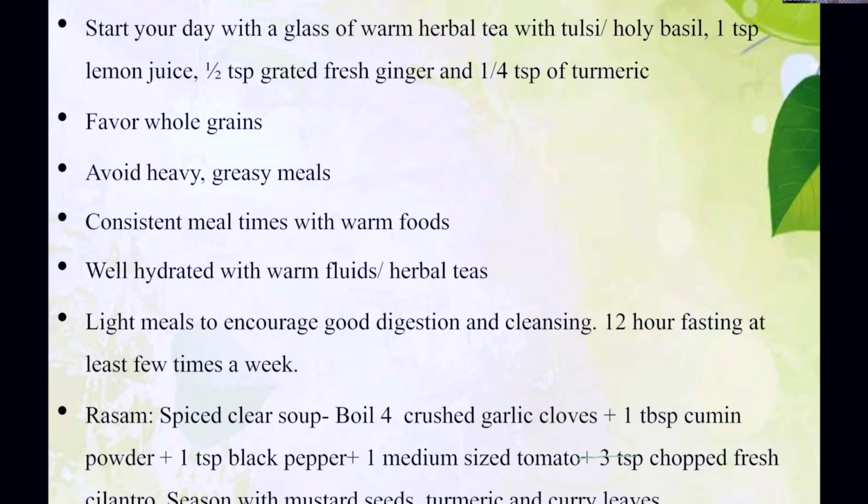So, as I said, especially during this time, try to have small, or lunch as the main meal. We can have a big meal, but lighter and easy to digest foods. Yeah. So consistent meal times with warm foods, as much as possible. Try to be consistent with your meals. I probably might have mentioned last time,